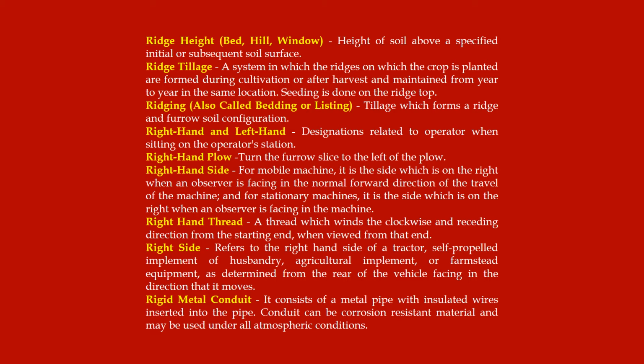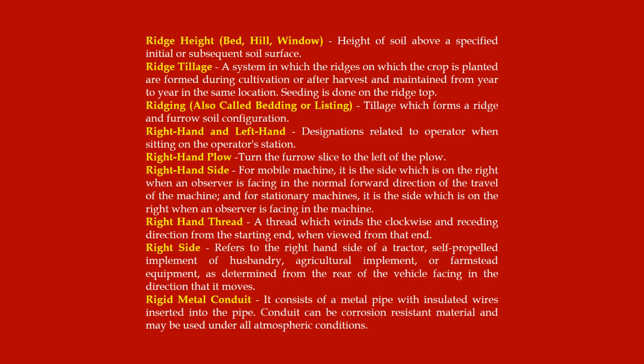Right hand and left hand: designations related to operator when sitting on the operator's station. Right hand plow: turns the furrow slice to the left of the plow. Right hand side: for mobile machine, it is the side which is on the right when an observer is facing in the normal forward direction of travel of the machine, and for stationary machines it is the side which is on the right when an observer is facing the machine. Right hand thread: a thread which winds in the clockwise and receding direction from the starting end when viewed from that end. Right side refers to the right hand side of a tractor,